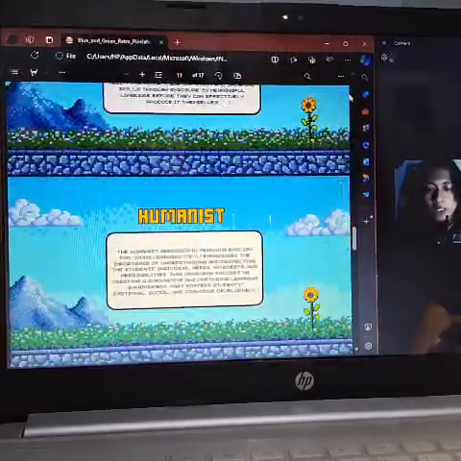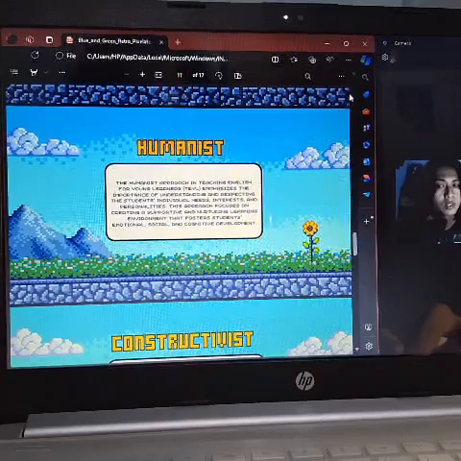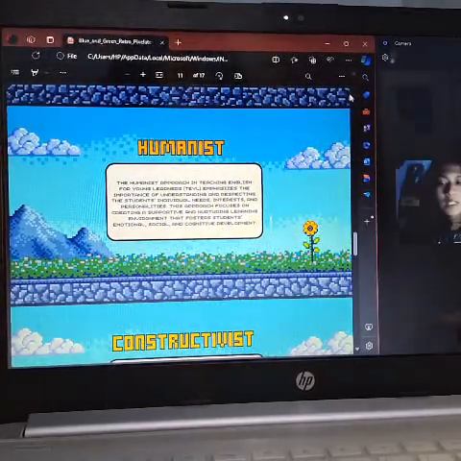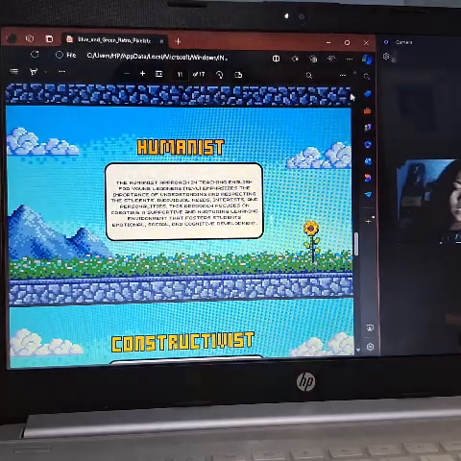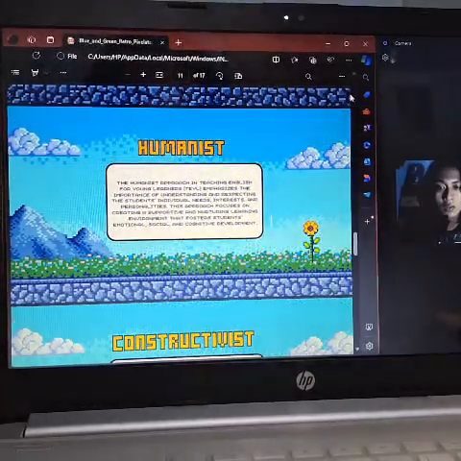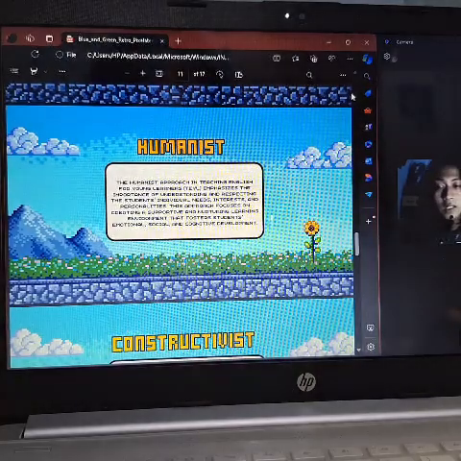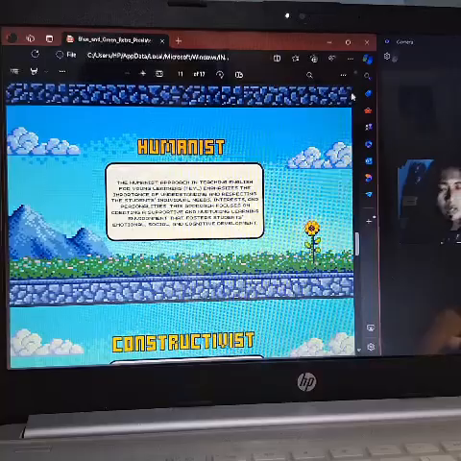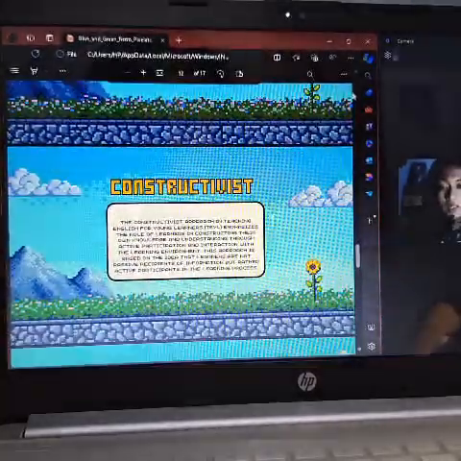The next one is humanist. The humanist approach in teaching English for young learners emphasizes the importance of understanding and respecting the students' individual needs, interests, and personalities. This approach focuses on creating a supportive and nurturing learning environment that fosters students' emotional, social, and cognitive development. And the last one is